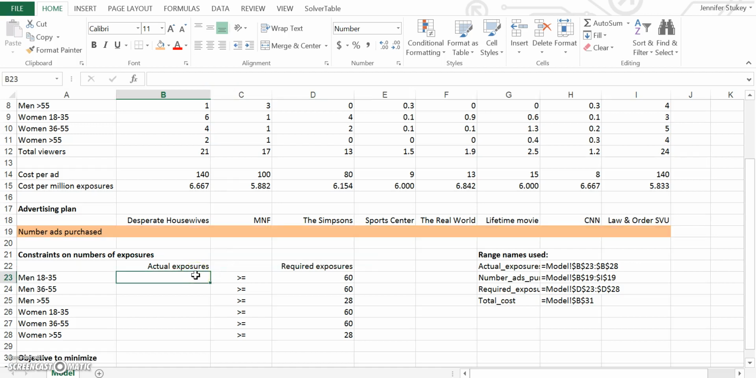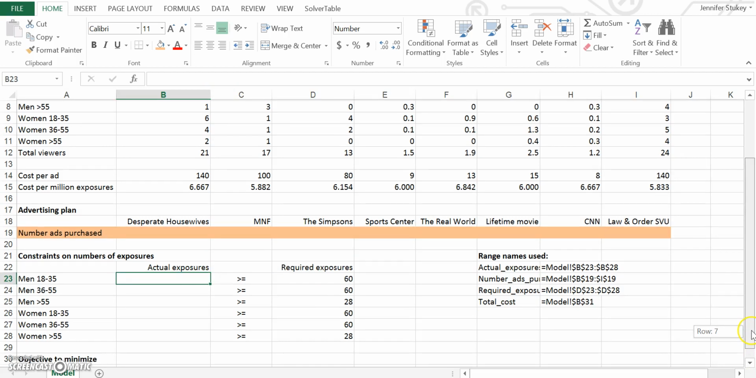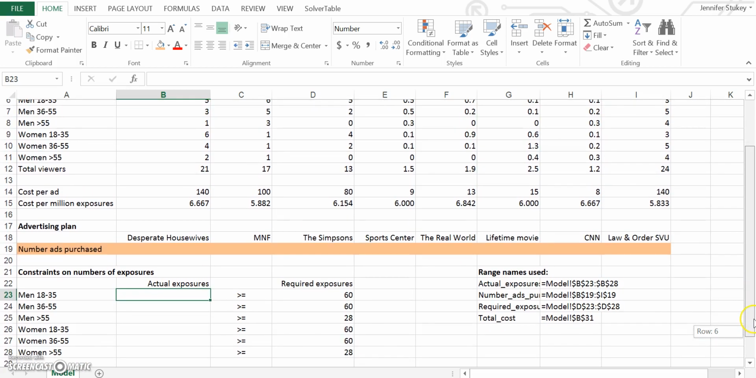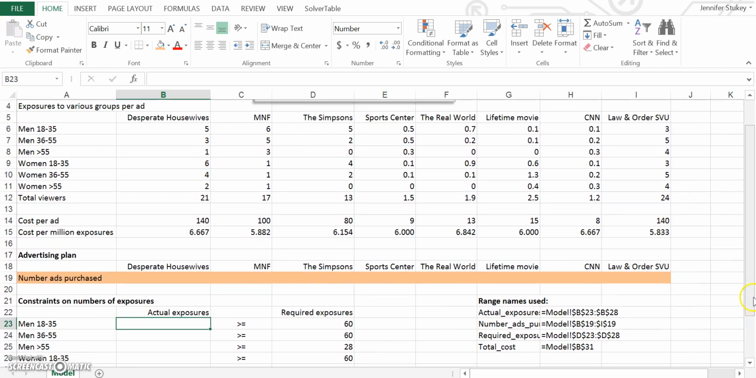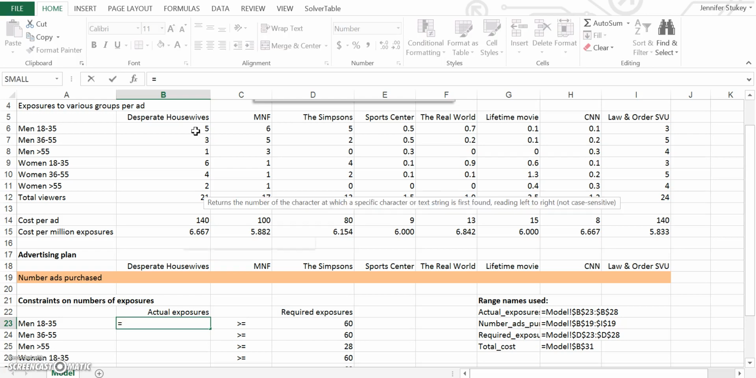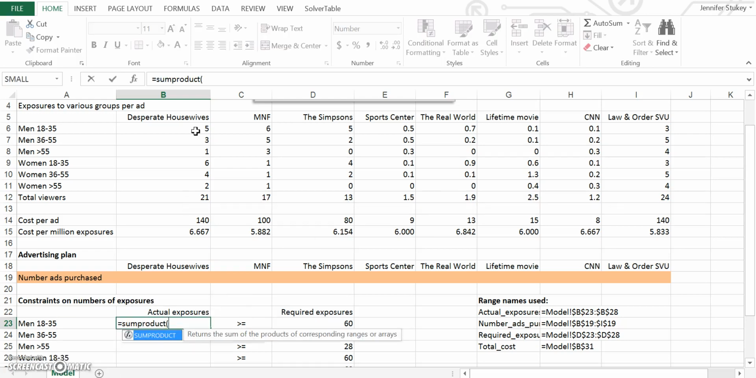Now we want to be able to calculate the actual exposures for each category. So what we are going to do here, we need a SUMPRODUCT because we need to know how many of, for instance, the Desperate Housewives ads were purchased, and then we multiply that by each category. So for this first one, we're going to do Desperate Housewives times B6 is what it's going to amount to, but we do equals SUMPRODUCT, and our first array is going to be